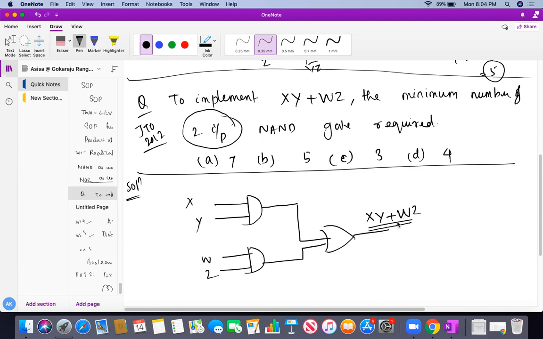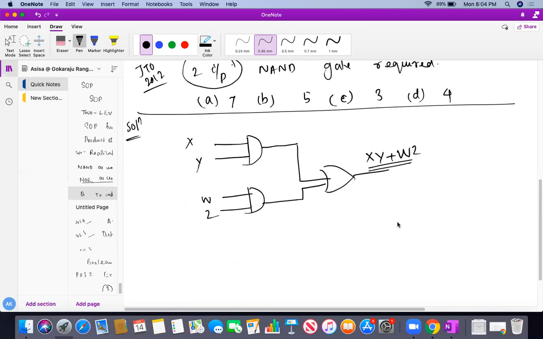As we know, if I put an inverter here, it will become a NAND gate. Again if I put an inverter here, it will become a NAND gate. Also, to extract the inverter I have to put it here, so I have to cancel it. I have to put another inverter over here, and also in order to cancel this, I have to put another inverter over here. So can it be like this? I am just going to express it.